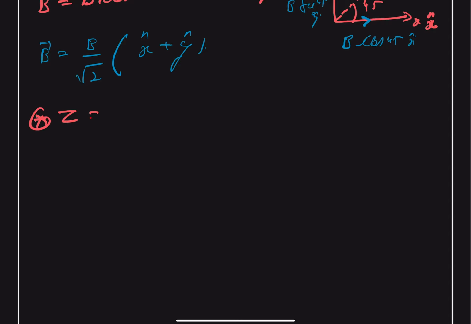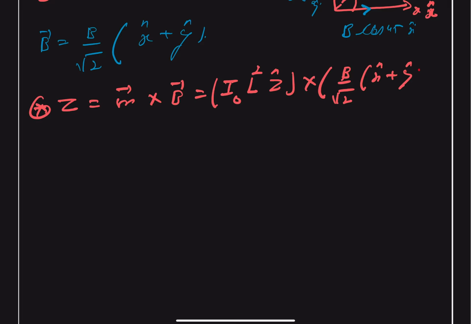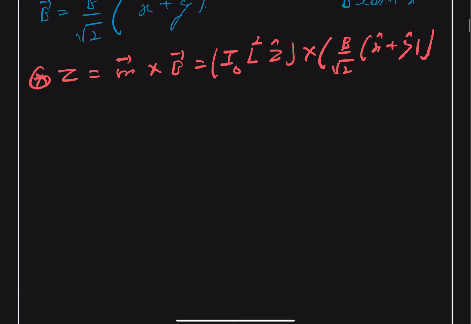Torque is our magnetic moment cross our magnetic field. We substitute both the values. We get magnetic moment as I naught L square Z unit vector, and magnetic field is B by square root of 2, and here we have x unit vector and y unit vector. Now with a simple calculation, we can write this as,